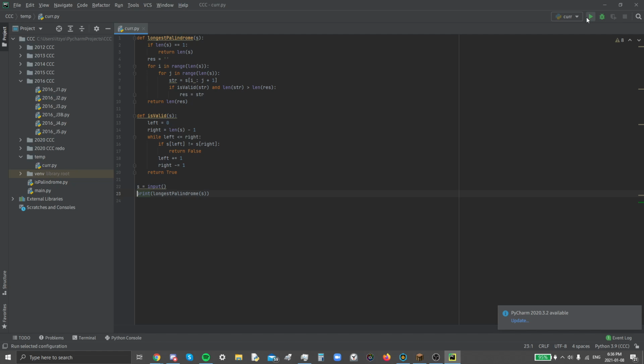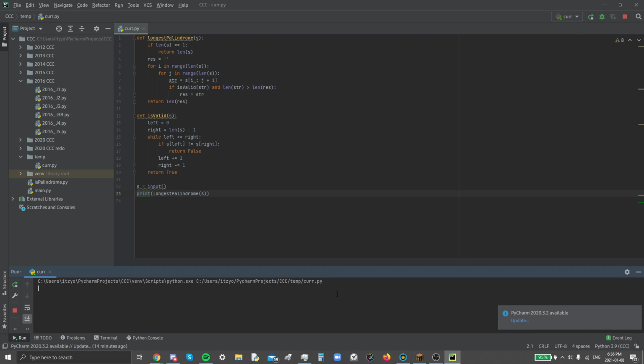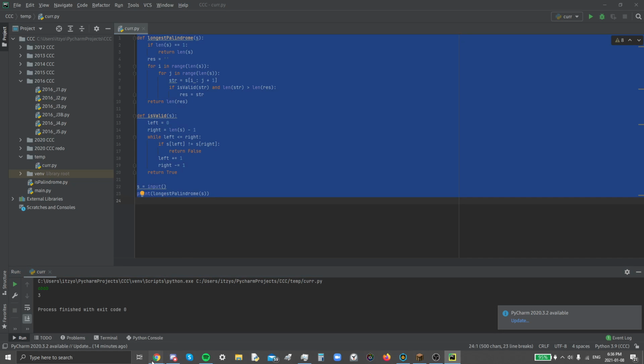So if we test it with something like A, it should put 1. And if we put like A, B, it should be 3, because ABA. Actually, BAB would work too. Yeah, so let's submit this code into